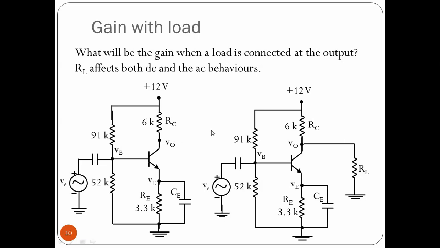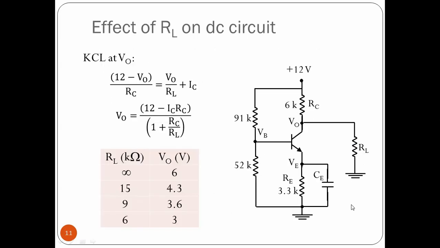Let's say we connect a load, and let's say the Thevenin resistance of the load circuit is RL. So this then becomes our circuit with RL, which is realistically what happens in amplifier applications. Now the question we are asking is what happens to this circuit when we add RL to it. You can see, at least the way we've connected this, that RL has a DC current flowing through it also. So the connection of RL is going to affect both DC as well as AC performance of this circuit. Let us start with the effect of RL on the DC circuit.